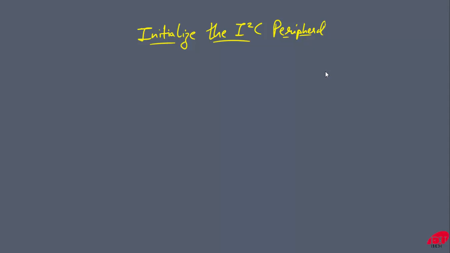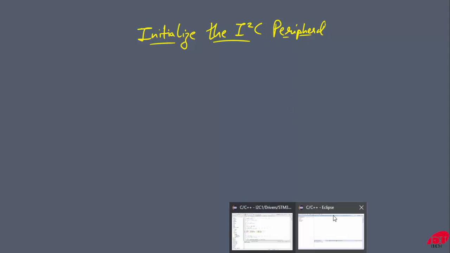In this lecture, we are going to learn how to initialize the I2C peripheral. Till now you understood the concepts of the I2C peripheral. So now we are going to write the code and write the functions for initializing the I2C on our microcontroller, that is STM32F407. So let us open our Eclipse IDE